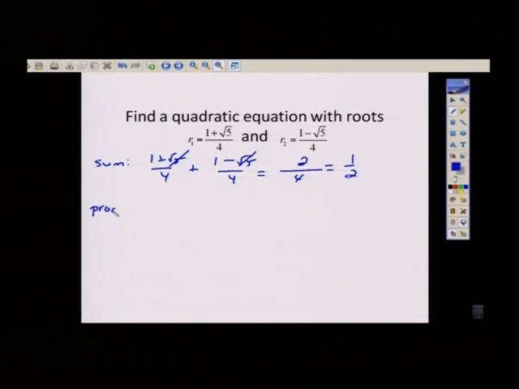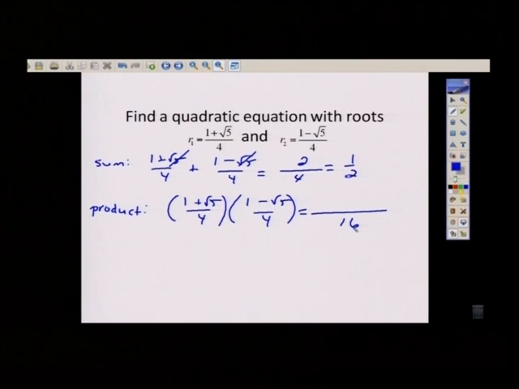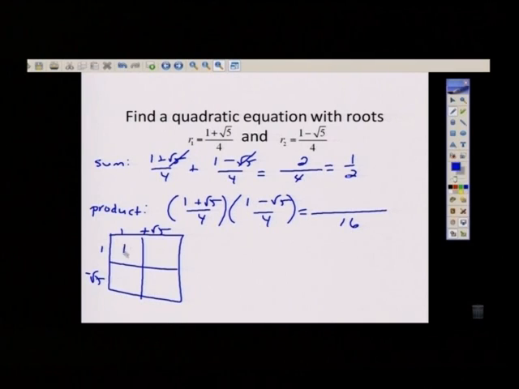And the product, so (1 plus the square root of 5) divided by 4, times (1 minus the square root of 5) over 4, gives me a denominator there of 16. If I multiply out the numerators, so 1 plus root 5, 1 minus root 5, would give you 1. Root 5, I'd have a negative root 5, which again